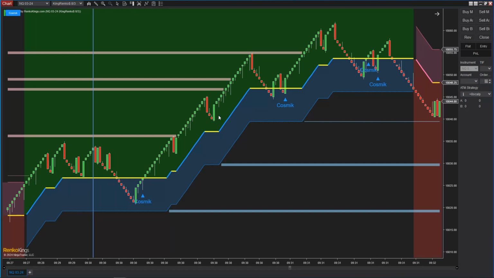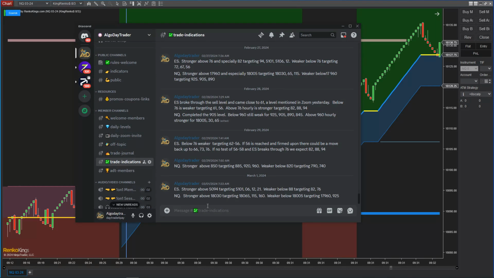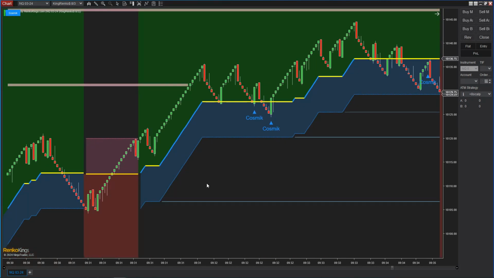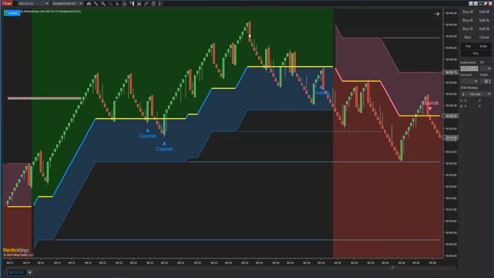Okay, so Friday, here it is. Nasdaq above 18,030 is stronger, and I am looking for long trades. Market opens up above 18,030. Here is the first long signal. Done. That's it. So this was a quick summary of last week, how you can use Cosmik ZTP to trade